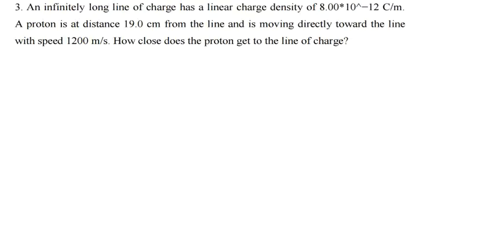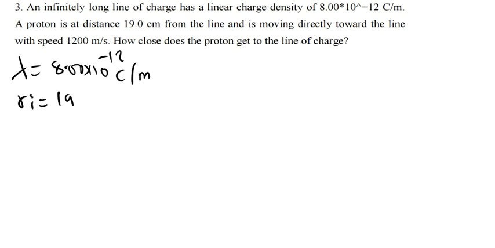So let's first come up with the data. We have been told the linear charge density, which is represented by lambda, is 8.00 times 10 raised to the power negative 12 Coulomb per meter. What else do we know? We have been told that the proton is at a distance of 19 centimeters, meaning that is our initial distance. So our initial distance is 19.0 centimeters. Now we need to find the final distance, which we don't know. That's the question: how close does the proton get to the line of charge? Meaning that's the final